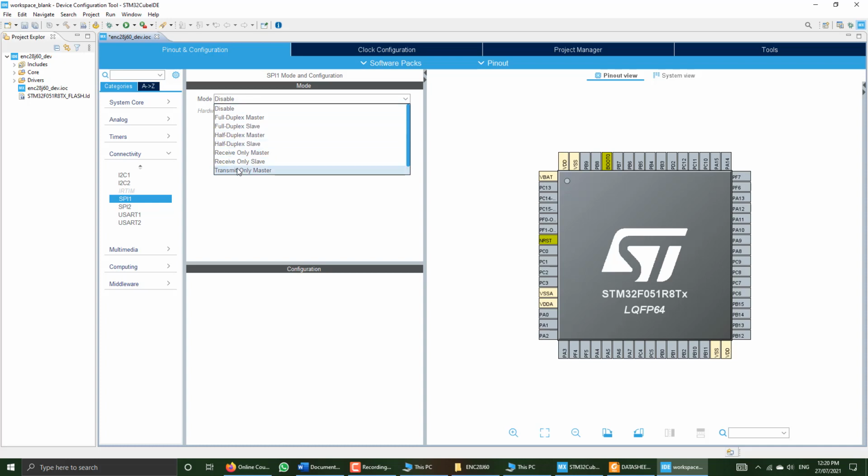There are also other options, but we do not select them because what we require is full duplex master. Full duplex means data will be communicated both ways, from master to slave and slave to master. In this case our microcontroller is the master, so we'll select master, not full duplex slave.